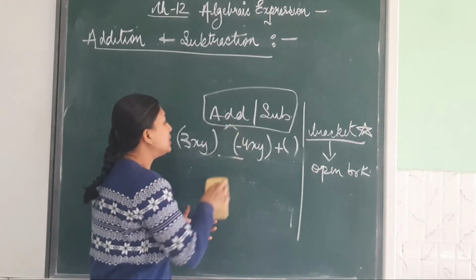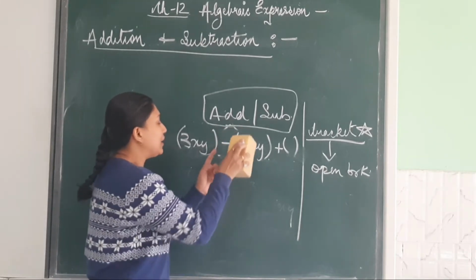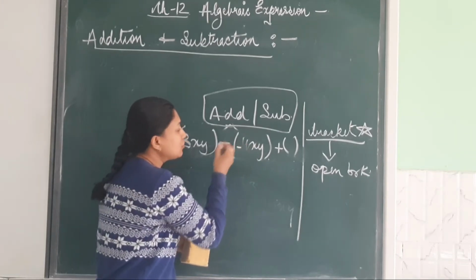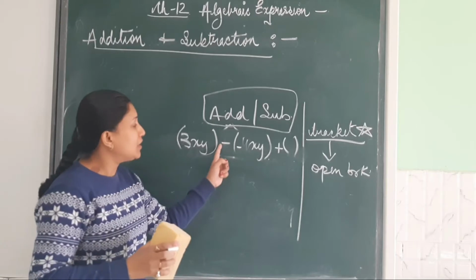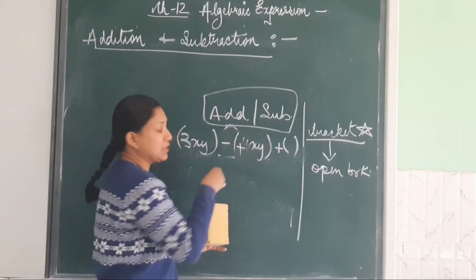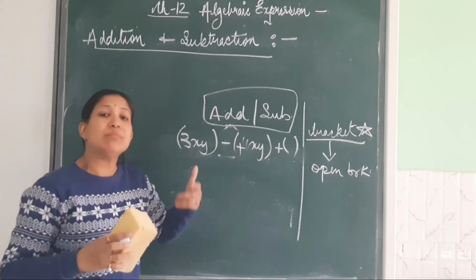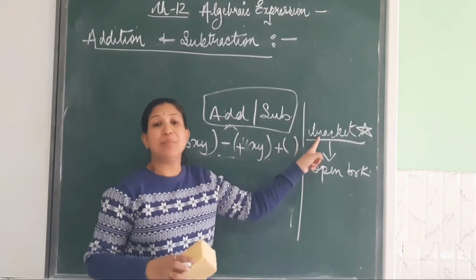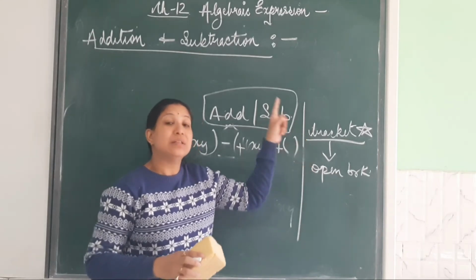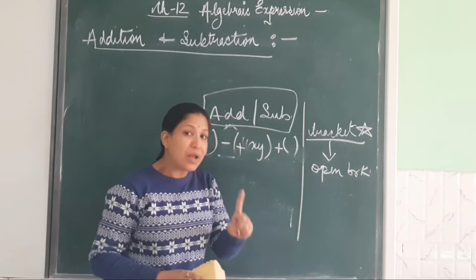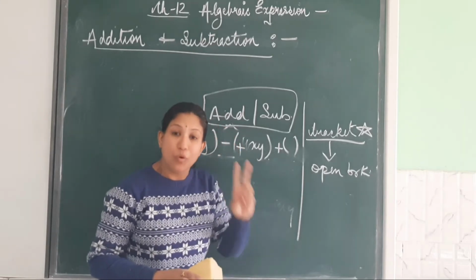Suppose it is given for subtraction, and here it is minus only or plus. If it is minus, the sign will get changed, and here it is a plus sign. So children may make mistakes in putting the sign. This is why first make it a habit of putting the bracket, then you open the bracket. Remember children, put the bracket. Second step is to open the bracket.